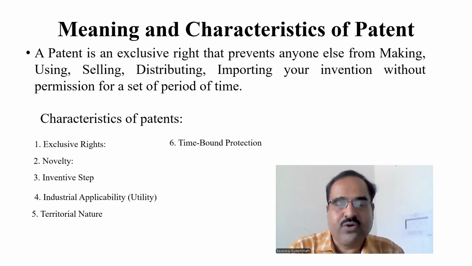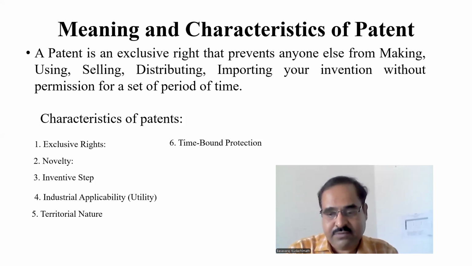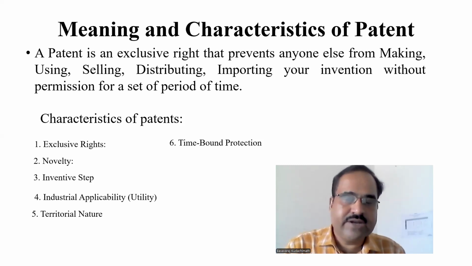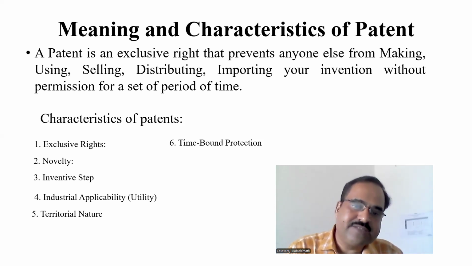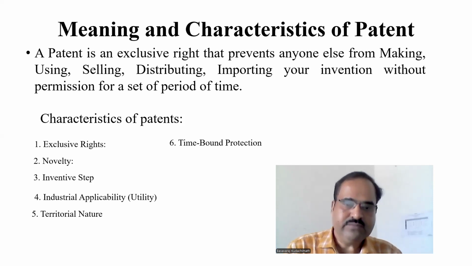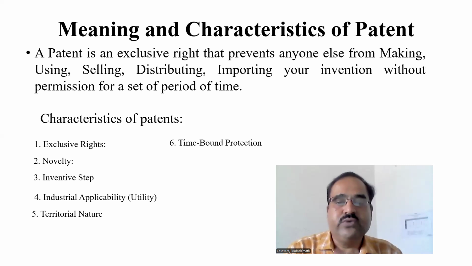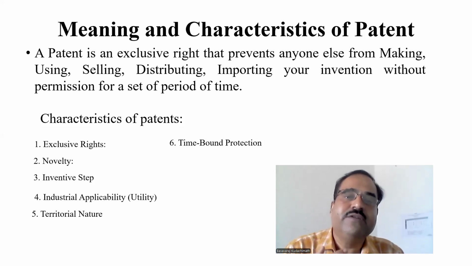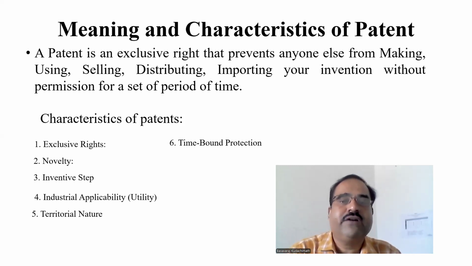Patents are always time bond. For example, patents are given for 5 years, 10 years, 15 years, maximum of 20 years. After that, patenting cannot be done. The reason is, after that particular expiry, the patent can be used in any way by the public, because the product has a utility for the public. Therefore the option is given, freedom is given to the public to copy it after the expiry of